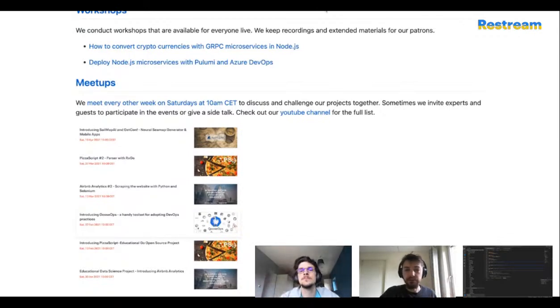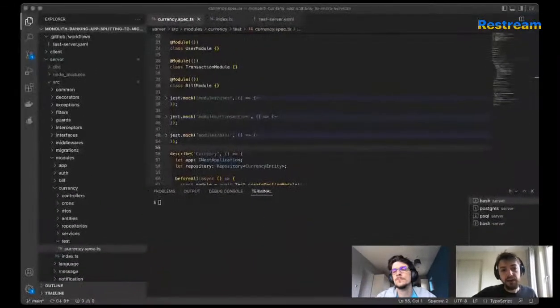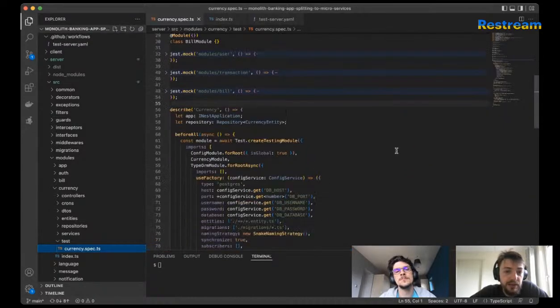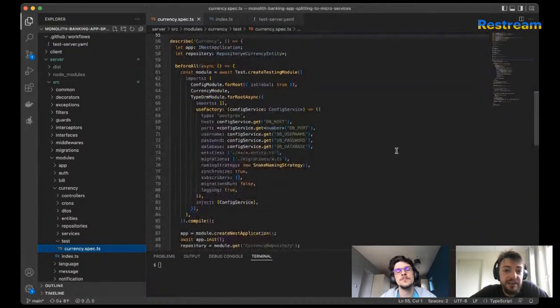Like last session, for example, we started writing tests because we understand the application should be testable, right? If we want to evolve it further, then we also want to be sure that it still works. Our first step there was to write some tests and see if they're passing, and then we can slowly iterate the application into the microservices way.